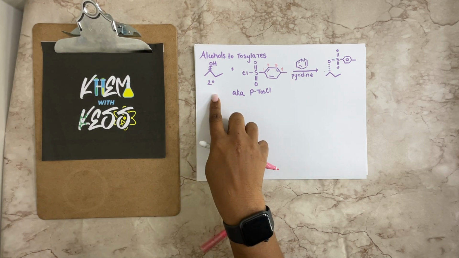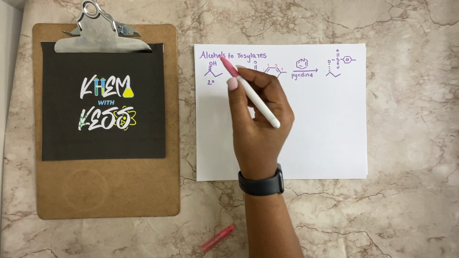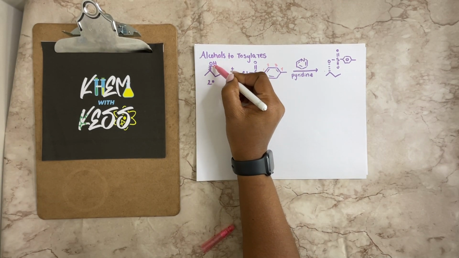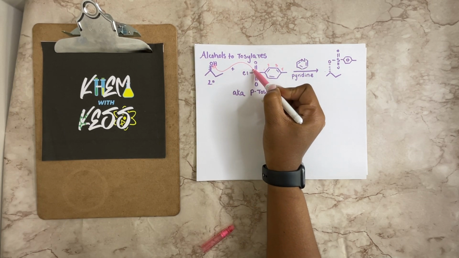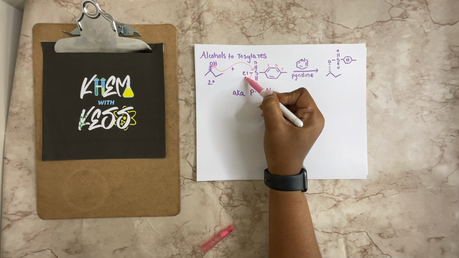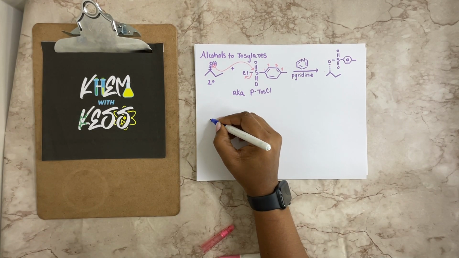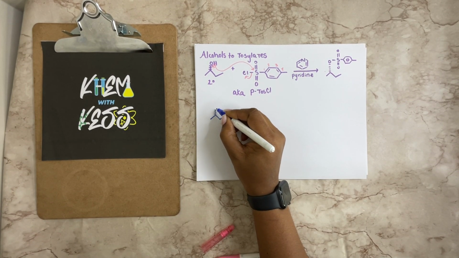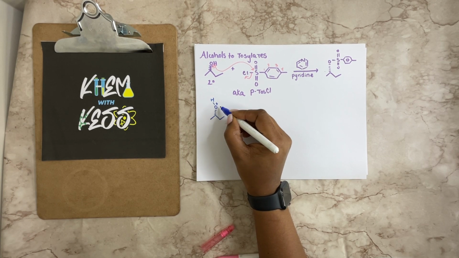You have an alcohol and you have to go through and now start the mechanism for it. Now, how do we do that? Well, the alcohol, again, is the bad leaving group, and it has lone pairs that we're going to attack the sulfur with and kick out the Cl. So now when we do this, we have to understand the next portion. Does anything change yet with the stereochemistry of my alcohol? The answer is no. So what we're doing is